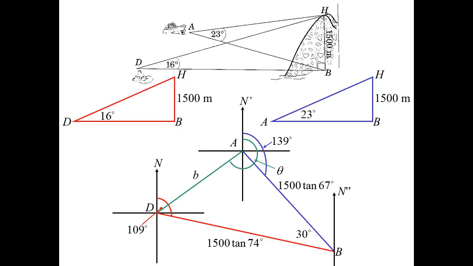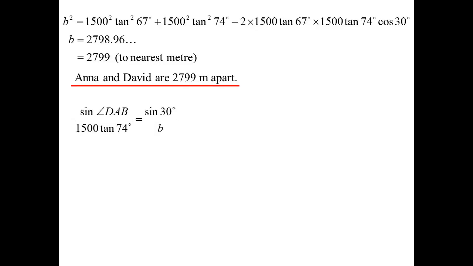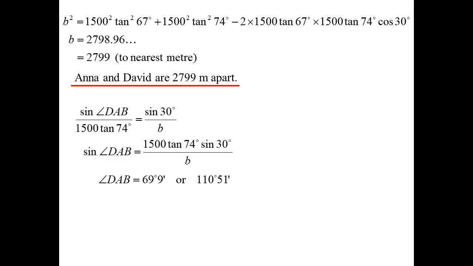Now for the bearing. Got to find theta. Well, we know part of theta. We know it's 139 degrees up until the blue line. What's the extra bit? Okay, I'll use the sine rule for this one. So sine DAB, that's the one I'm working with. That's going to be sine 30 over the answer. And you'll notice I wrote B rather than 2,799 because 2,799 is an approximation. You might end up with a rounding error. So I actually want to use that calculator value that I got before for B, so just to make sure I've got it right. Okay, subbing that in, and remember it might be obtuse. So it's going to be one of these two. It's going to be 69 degrees 9 or